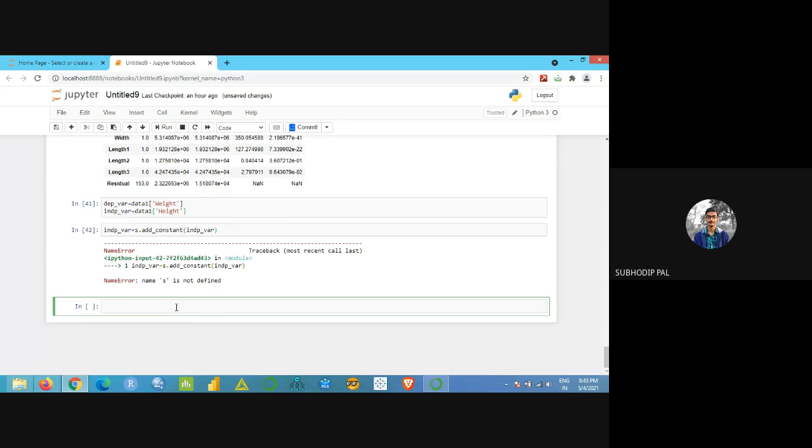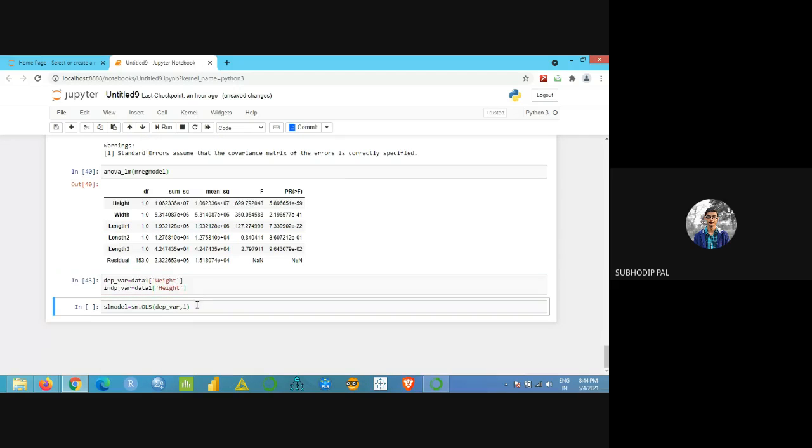Okay, let me try simple linear. I'm giving the name as SL model, and then sm dot OLS, then I'll write the dependent variable, comma, and then the independent variable.